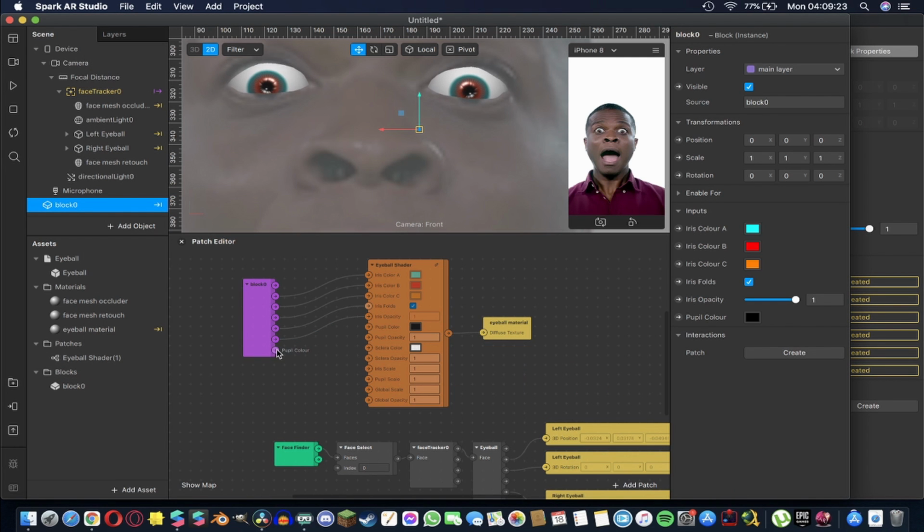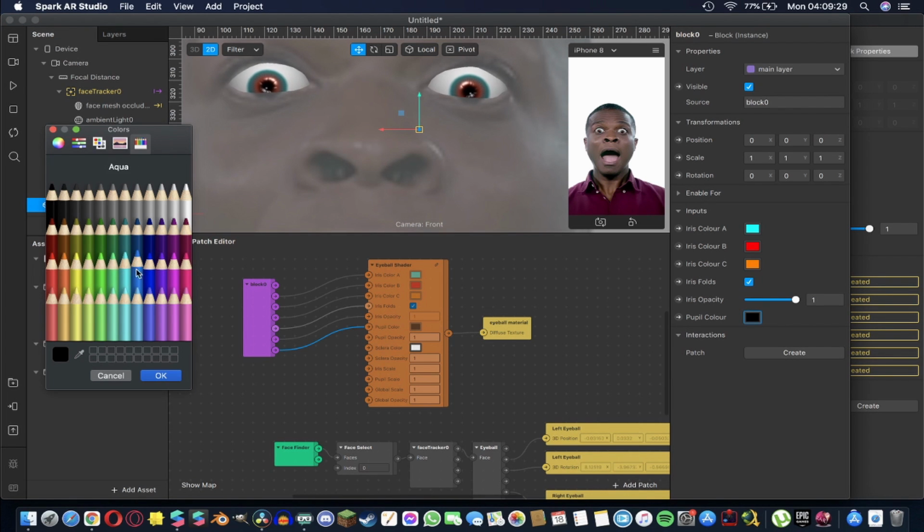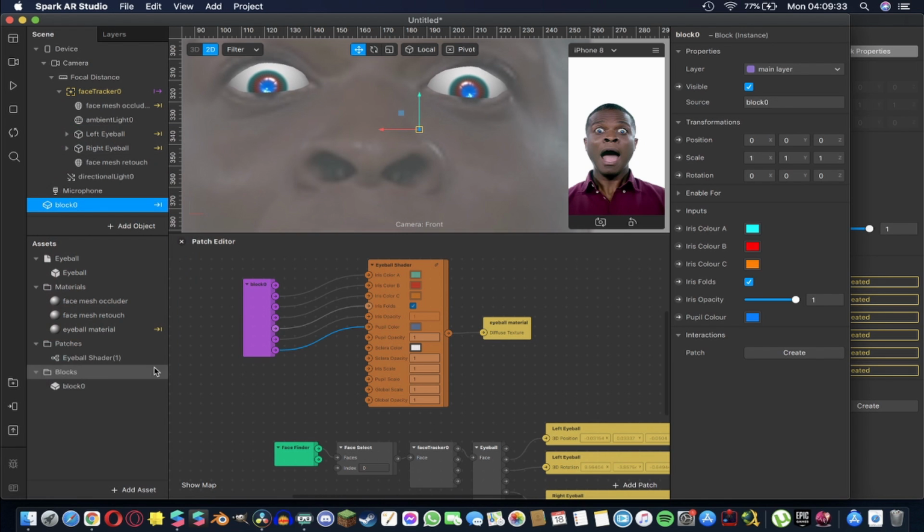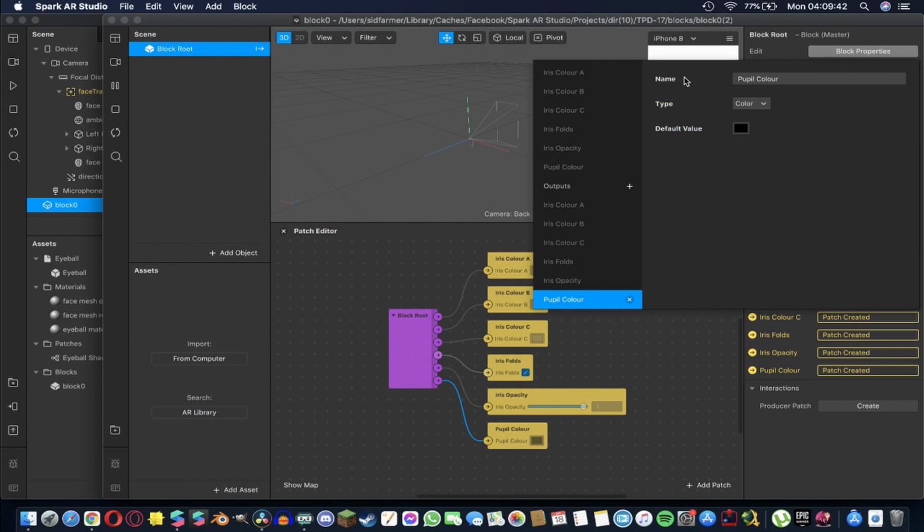And now when we go back over here, we can connect up the pupil color, which by default is black, but now we have the option to change that inside of our scene. We can create some nice blue pupils if you want, give it a little bit of a robotic look, and there you go. The pupil opacity is the same as the iris opacity, so we can go back into block